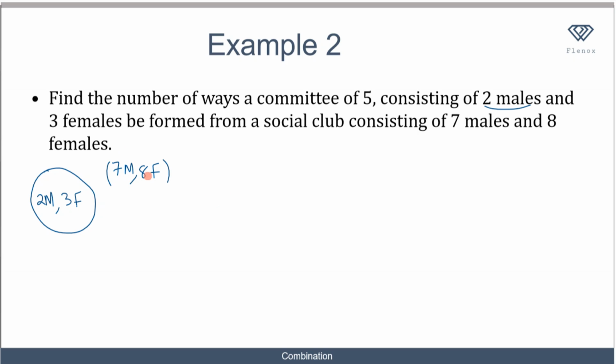So we find the number of ways in which you can select them. For the male, the number of ways in which I can select the male will just be 7 combination 2, because I have 7 males and I'm interested in selecting 2 people out of the 7 males. And what would that give me? I have 7 factorial over 7 minus 2 factorial times 2 factorial, which gives me 5 factorial times 2 factorial. I'm skipping steps here because you should have gotten a hang of it, and you can write it out fully if you don't. So 7 factorial becomes